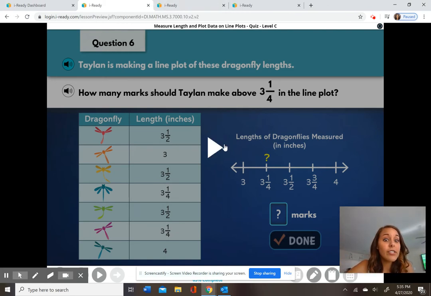So the first thing that I'm going to show you with line plots,